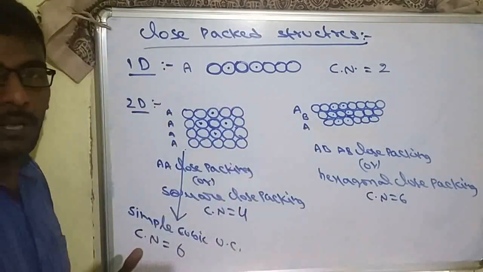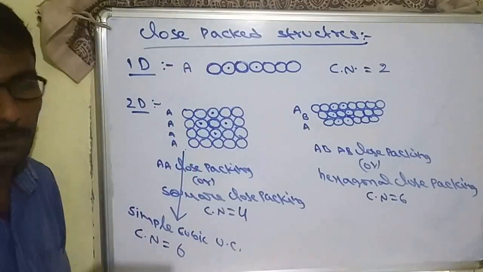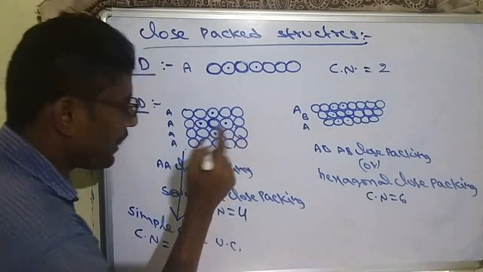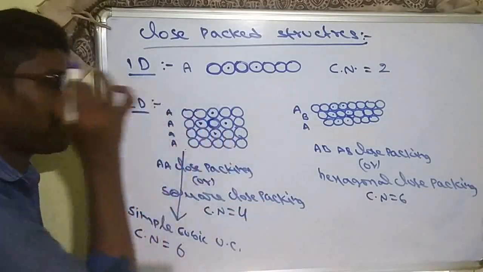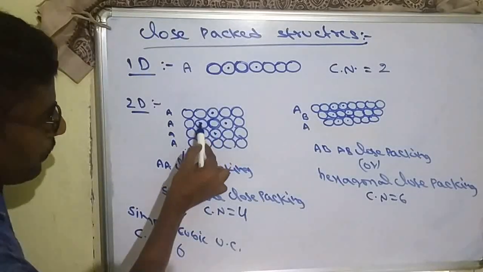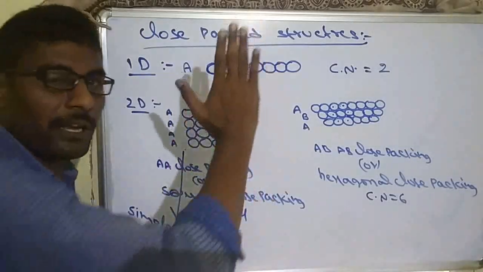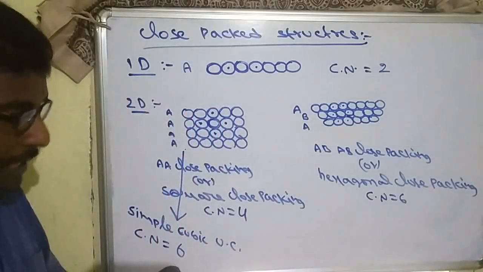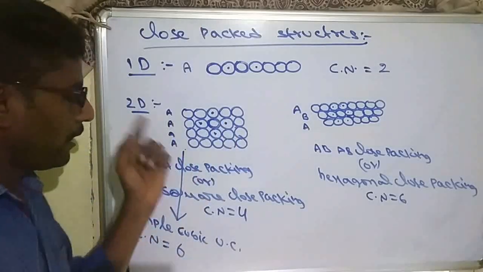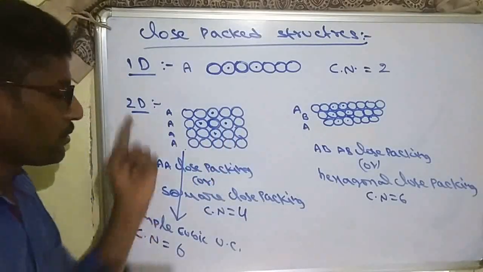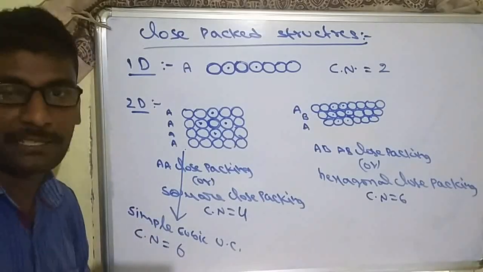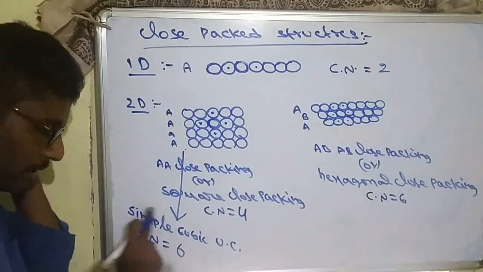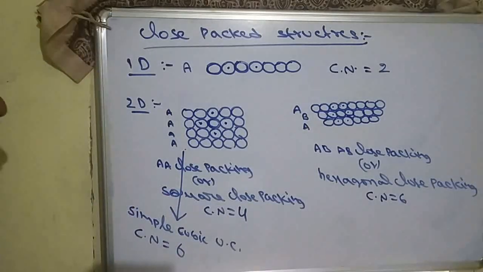Now another two-dimensional layer we are attaching from the front side. So when we are attaching from the front side, exactly this particle of the next layer will be in contact with this particle. It already has 4 contact particles. But when we are attaching another layer of two-dimensional, another particle will be in contact here. If you are stacking another layer from the back side, again another contact particle will exist. So total contact particles will be 6. So in a three-dimensional manner we get coordination number 6, and the unit cell is called simple cubic unit cell.